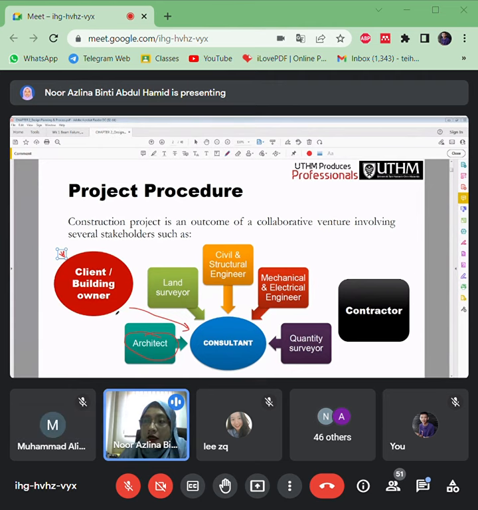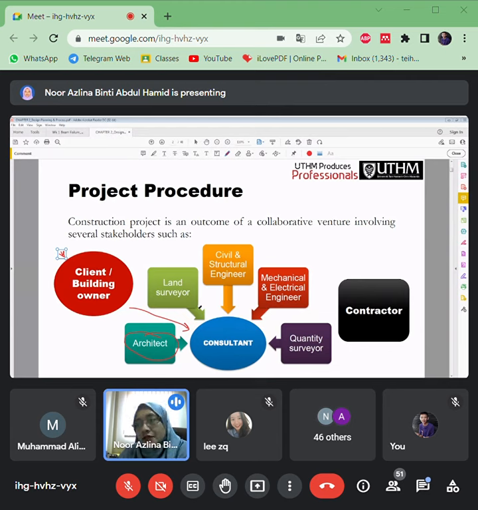According to the requirements from the clients, what concept they want, any requirements that they want, based also on the client's budgets.